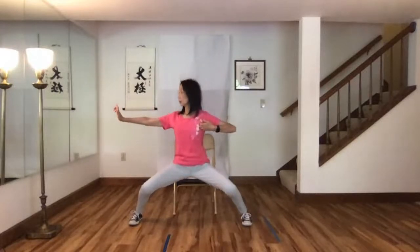Good. And if you're standing for the next move, open your legs wide, but make sure your toes do not fan out like that. Bring your toes in so both feet are kind of parallel to each other. And both arms cross at each other at the wrist. And keep your knees out, not like this. This is bad. Keep the knees out. And slowly pull your arms apart. Look at your left index finger. And open, right side,